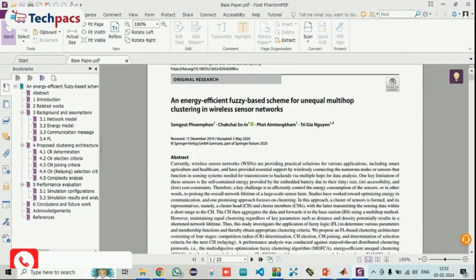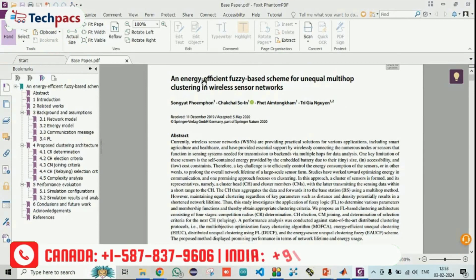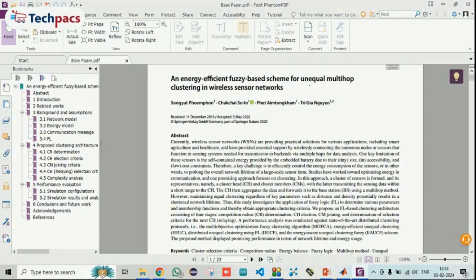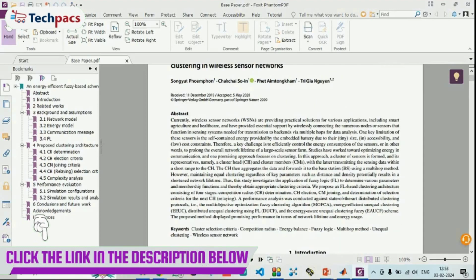So we have taken this base paper. You can see this is an energy efficient protocol in the domain of wireless sensor networks. They have done a fuzzy based scheme for unequal multi-hopping. What they have done is applied fuzzy logic for different